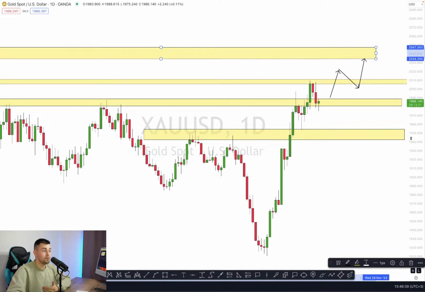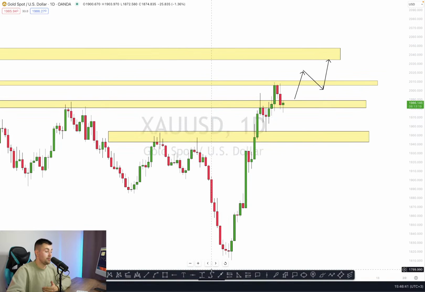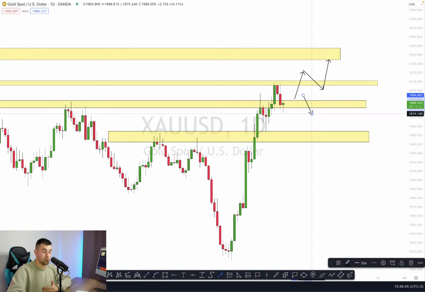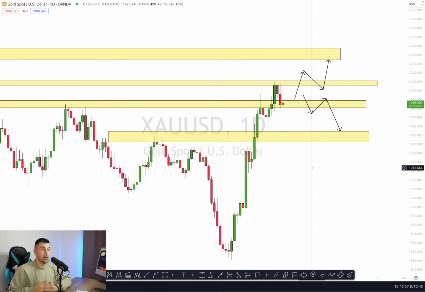At the same time, remember that a bearish violation of that horizontal support, a daily candle close below that horizontal support, will give you a strong bearish signal, and that will push the prices lower. By the way, let me know in the live chat, based on the current perspective, what do you anticipate from gold? Do you believe that it will go higher, or are you bearish? Let me know your thoughts.